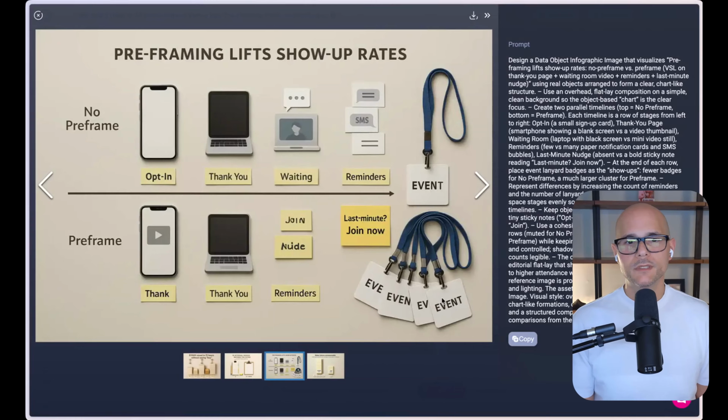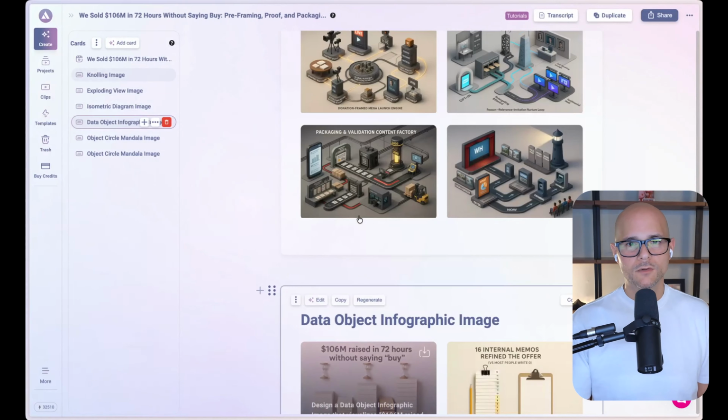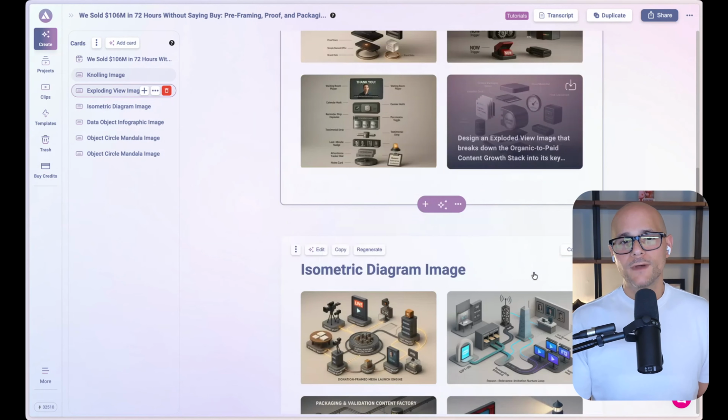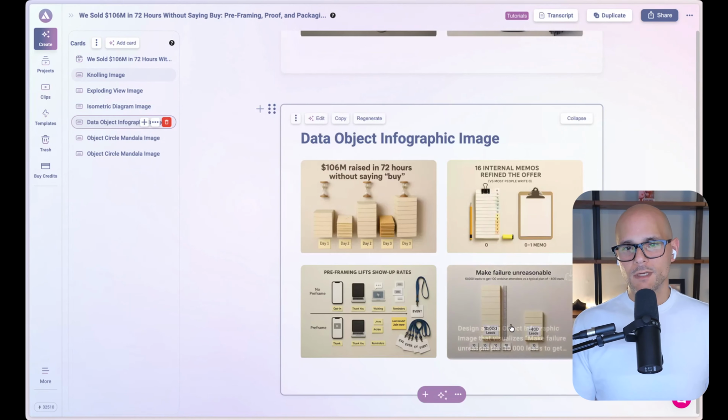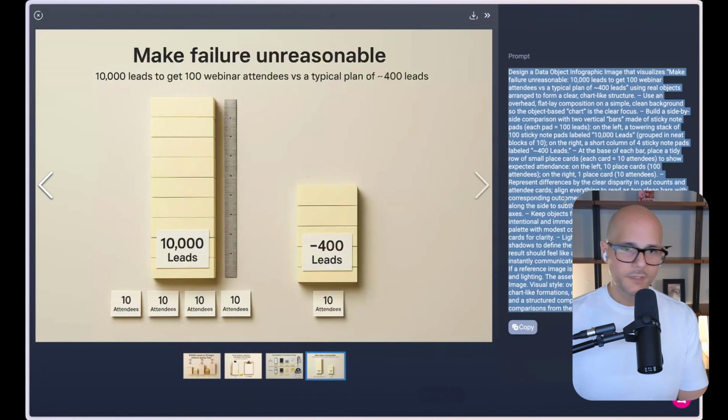so that going forward, every time you create a piece of content, you can have it generate one of these types of images or these frameworks. And I'm only showing you 5, but we've got over 50 different types of images that could be generated inside of Alphana with different templates, different structures, different frameworks. All right. So if you look at this one, this is the last one of this one, make failure unreasonable,